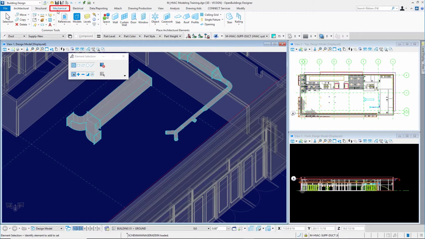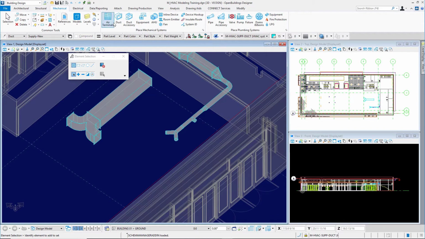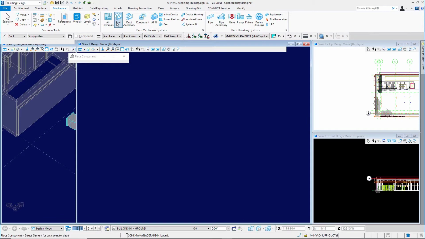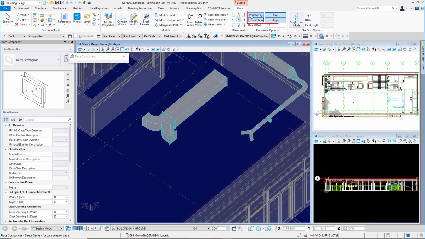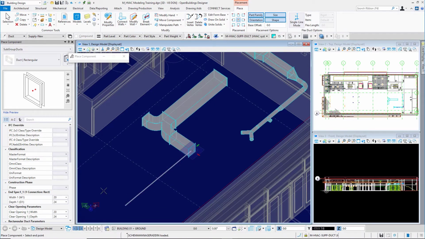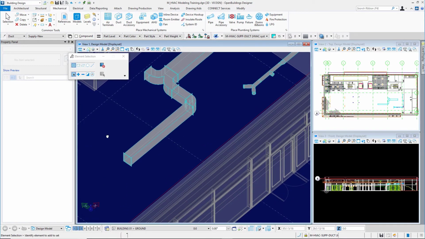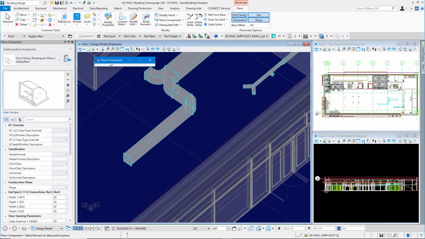I'm coming to the mechanical tab in the ribbon interface. I'll continue to place some duct on some that I've got here in my model. So I'll go to the duct command here. And I see I have part family orientation size shape turned on, so meaning I'll match what I have in my model. So let's say I'm just going to run some additional duct right here. I'll do a right click to stop the placement and one more right click reset on my mouse to end the command. I'll come to the duct accessory tool in the ribbon interface and select my catalog item,